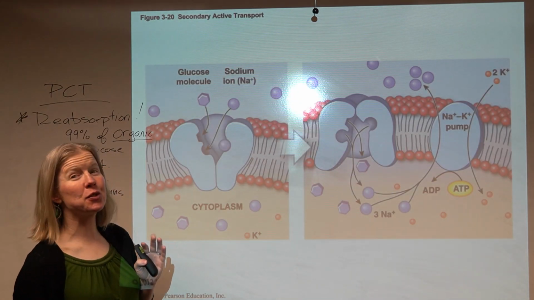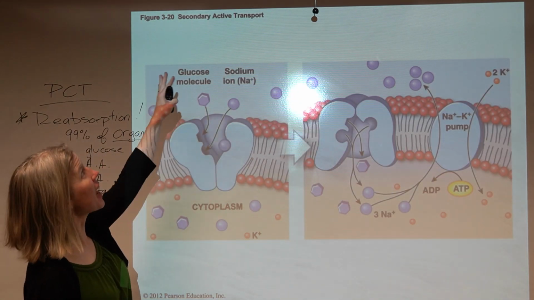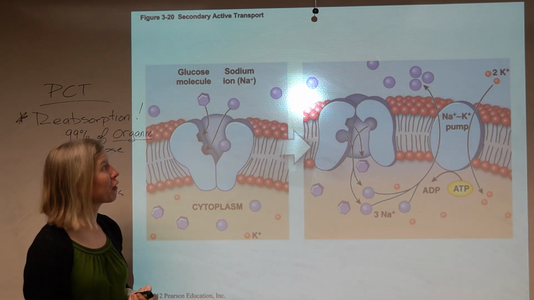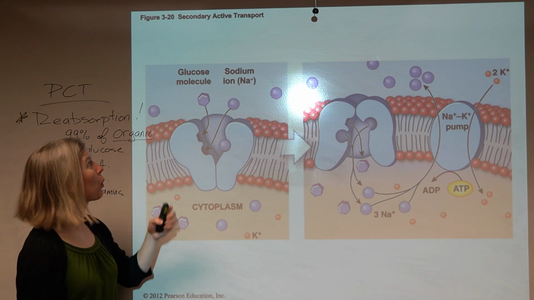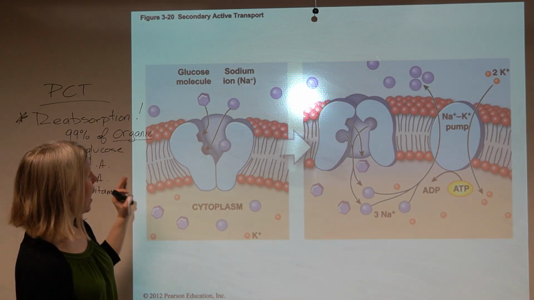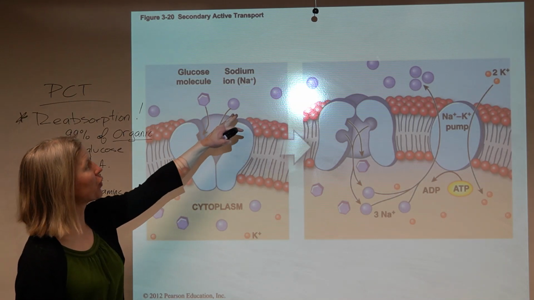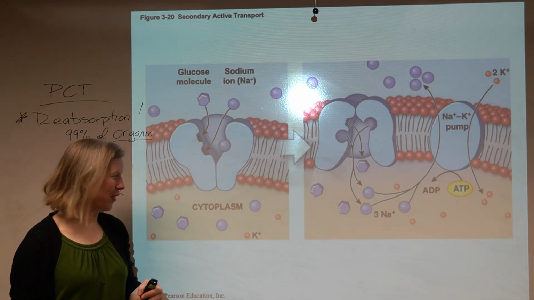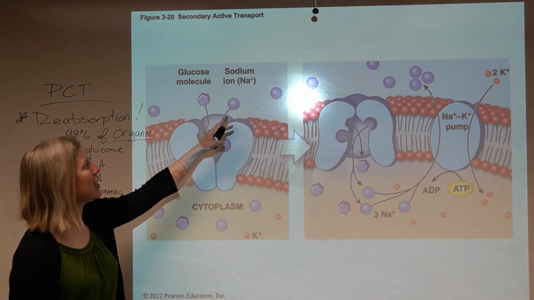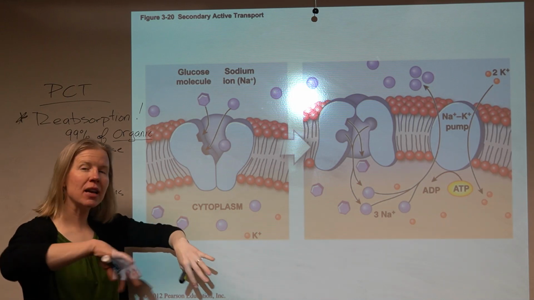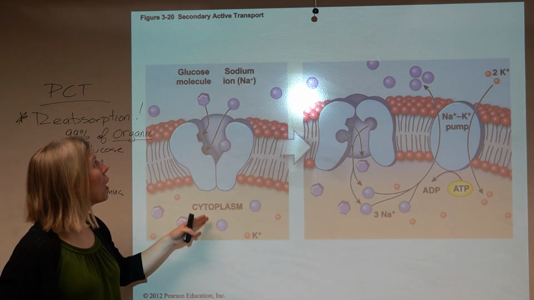Now, this is a super cool one, right? They're calling this secondary active transport. You'll see this in this chapter referred to as co-transport. So look what happens here. We have a carrier molecule. We have a situation where sodium wants to move down its concentration gradient, right? And sodium comes in and binds, so does glucose, and when that happens and our protein changes shape, we can